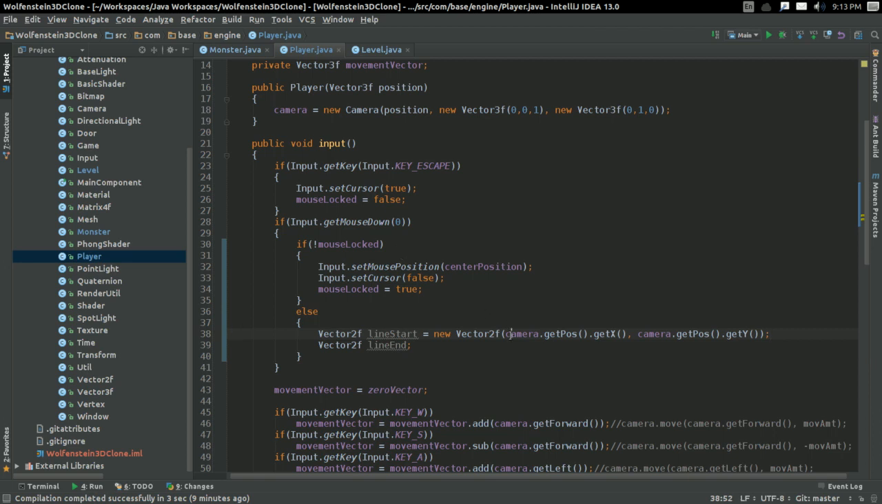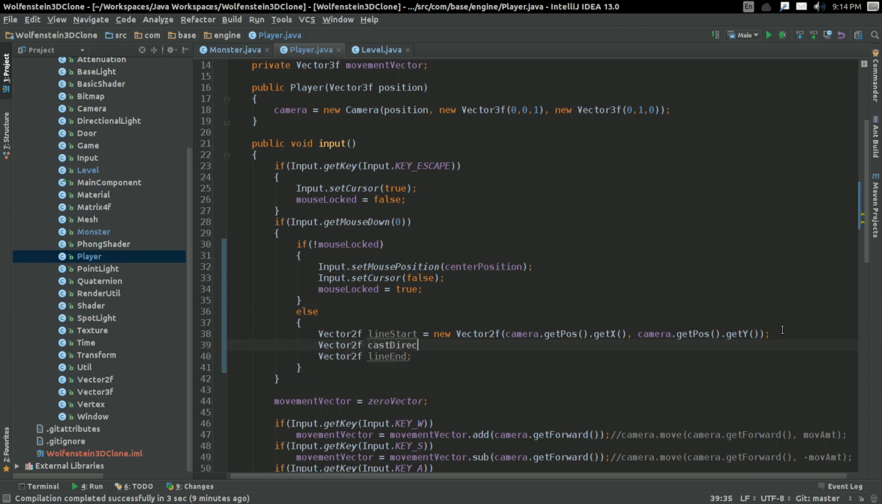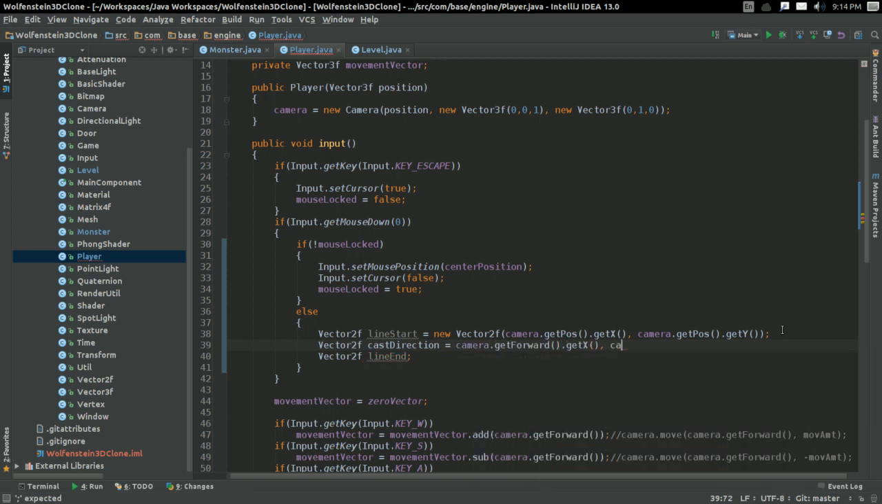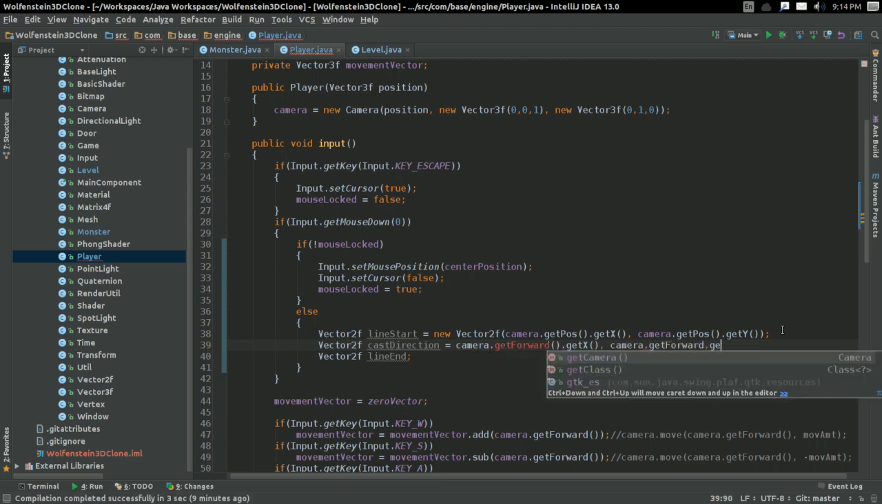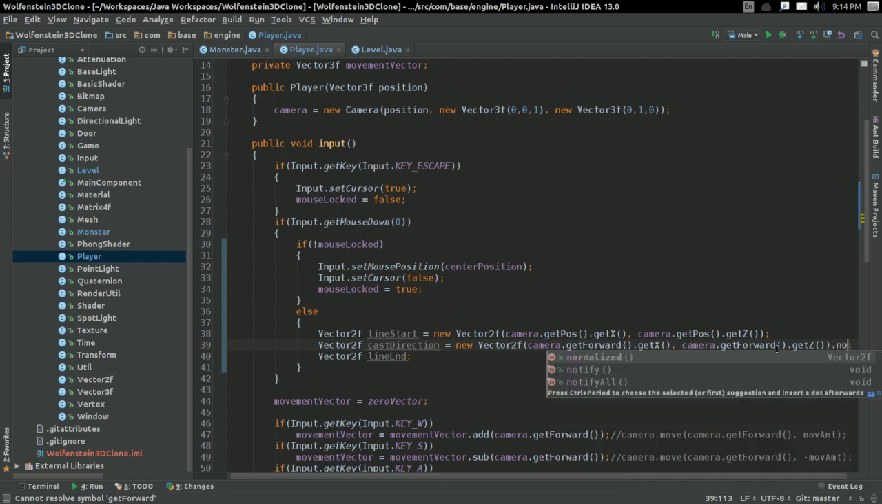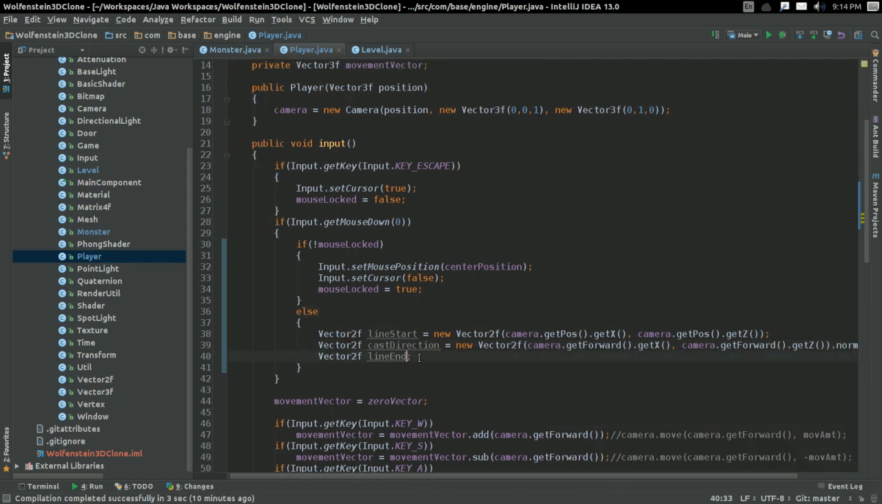But now we can get a little bit more interesting with this, because our camera has a forward direction. So my Vector2f cast direction can just be camera.getForward.getX, camera.getForward.getY, I guess IntelliSense isn't working with me today. That's fine, change these to getZ, it shouldn't be getY, I'm not thinking right today. It's going to be a new Vector2f of this, and go ahead and normalize it, because otherwise,